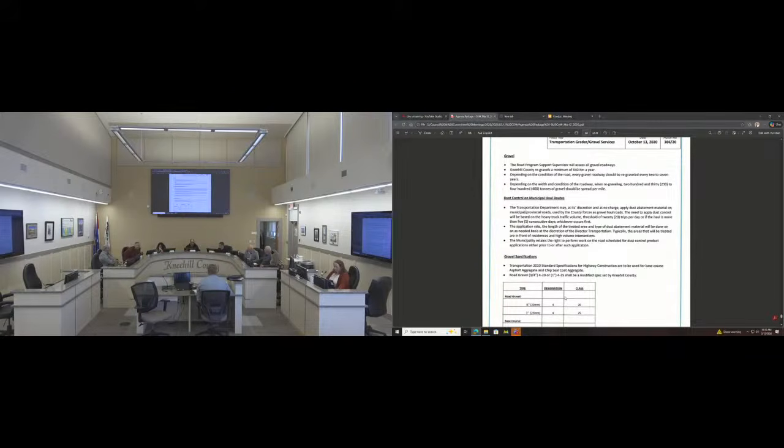We need rock. And I can take you out there right now and show you exactly what this 425 modified spec does. You get a little moisture on it, you get a bunch of traffic on it, and you know exactly how you make a base. The fines just rise to the top.